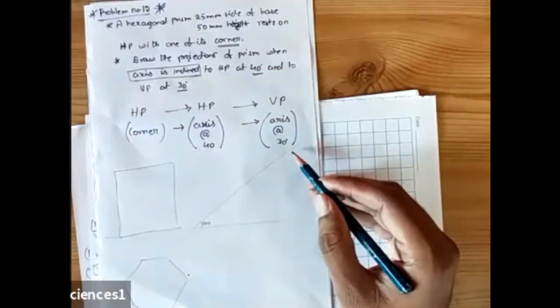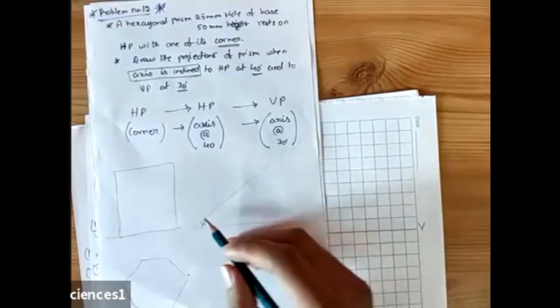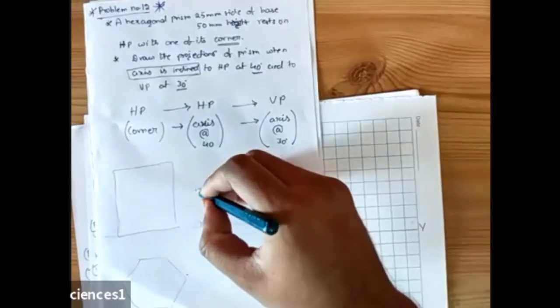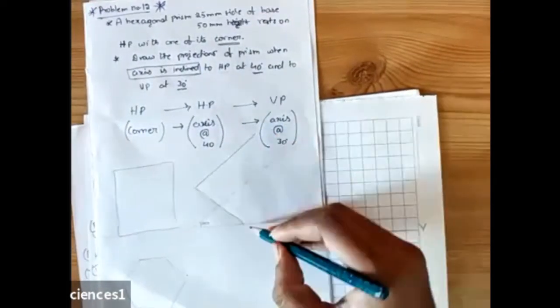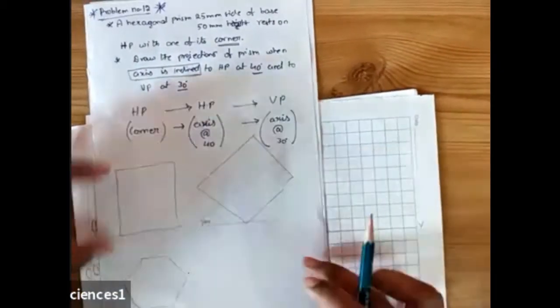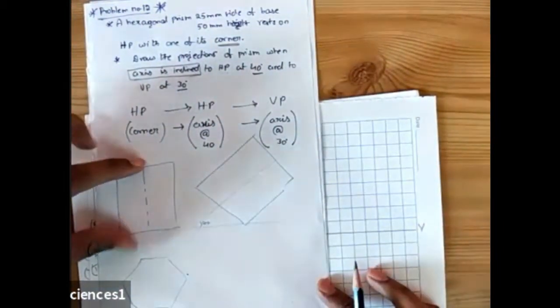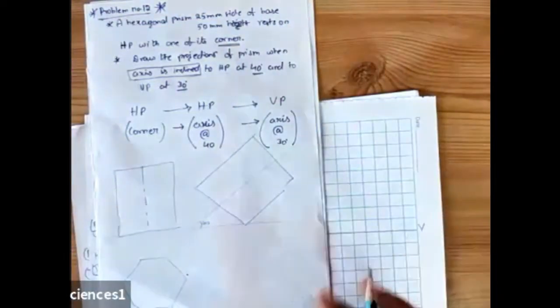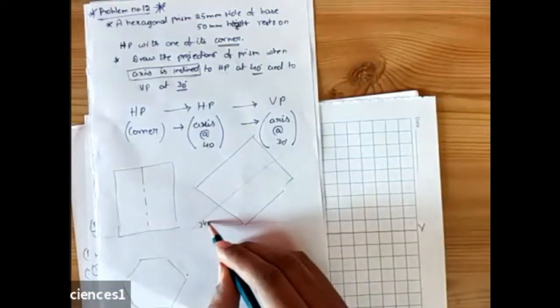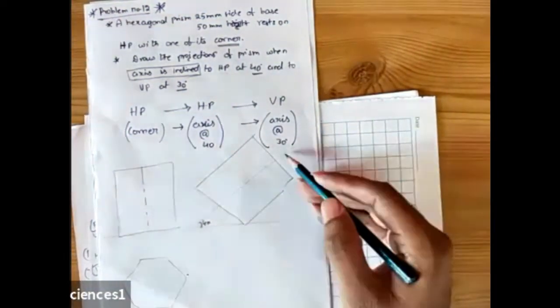Okay. We cannot draw the axis first. That is why what we'll do is, the second object you're supposed to get it like this, after inclining. If you incline like this, that was the first condition. The second condition, when you incline like this, the angle you're supposed to get is 40. Fine, this you cannot draw.